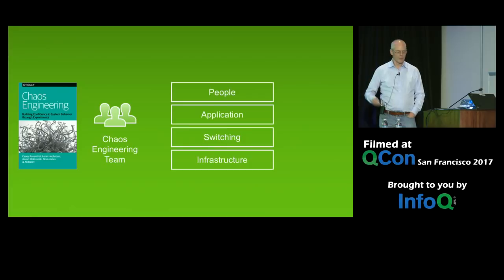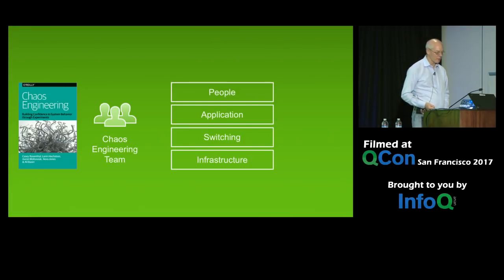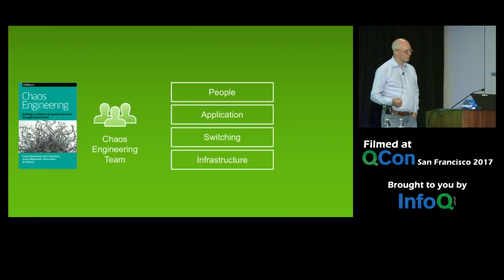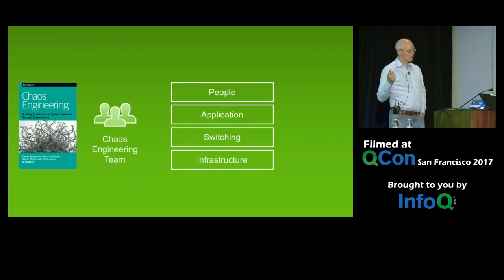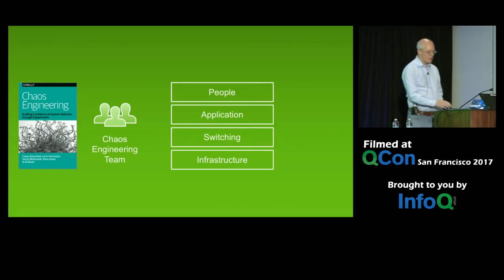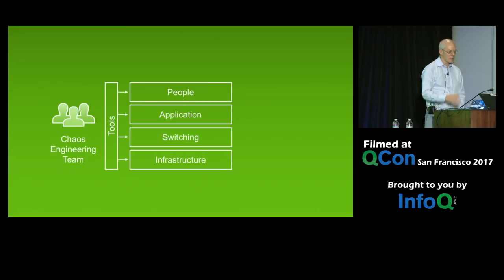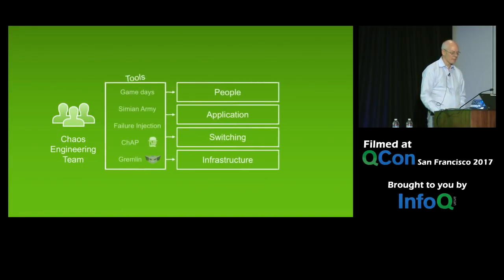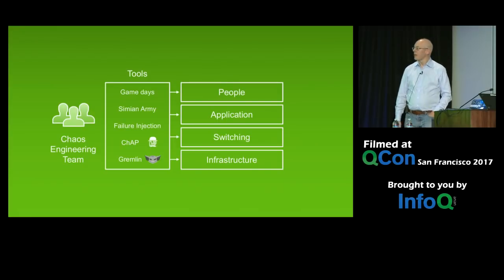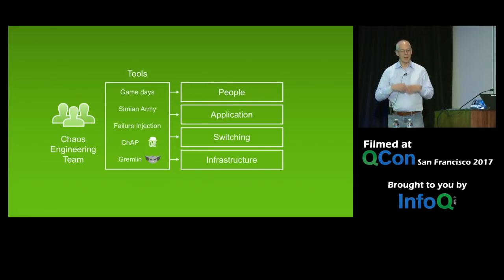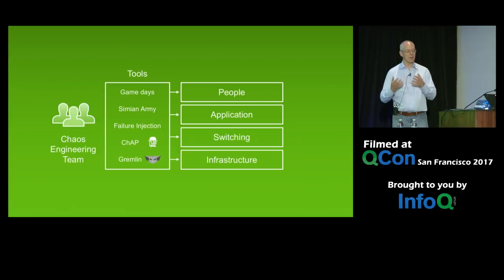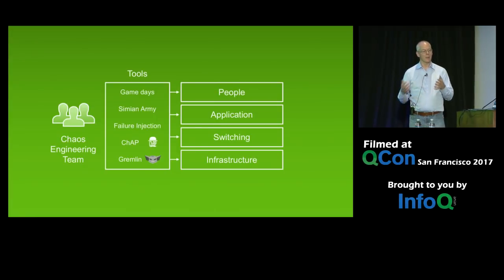And I've got a link to the Netflix authored book on this subject. You've got people, application switching, and infrastructure, and the chaos engineering team's job is to build tools which exercise all of those layers. And here's some of the tools. So there are people running game days, so that it's exercising what to do during an outage. Can you find all the information you need? Do you know how to be on a call, on the con call where we're discussing the outage?